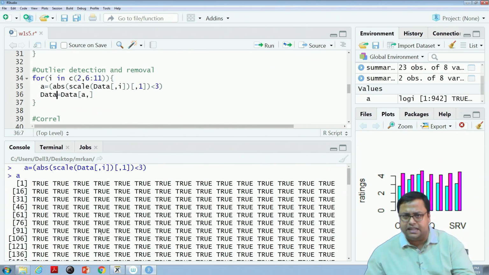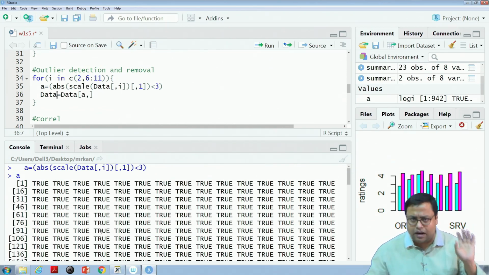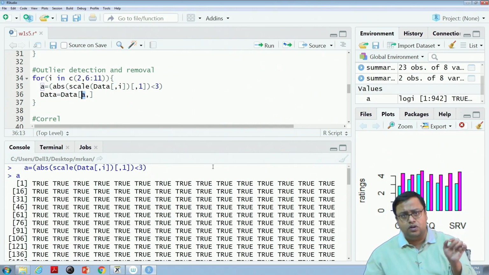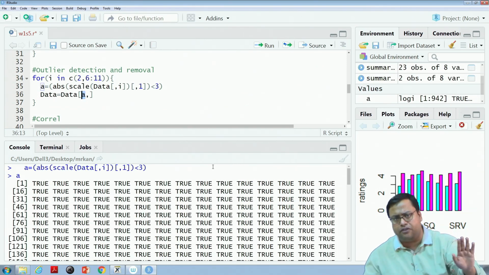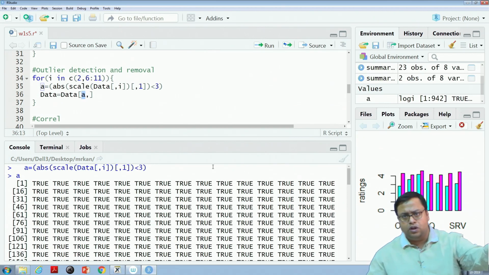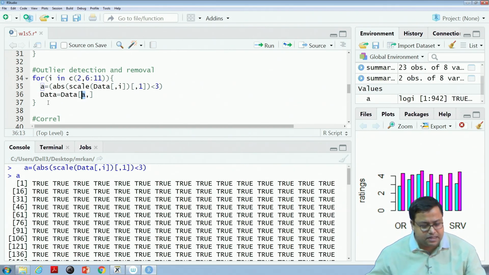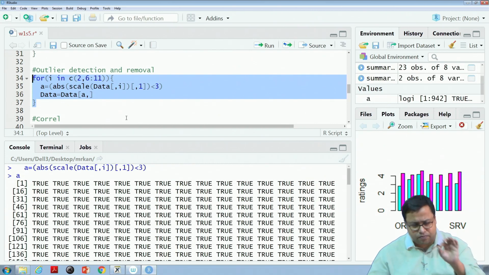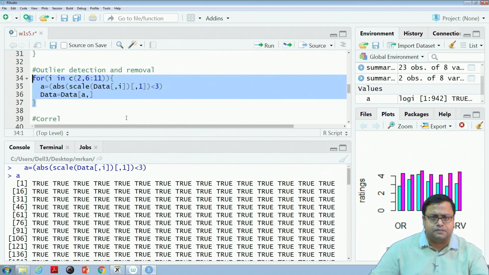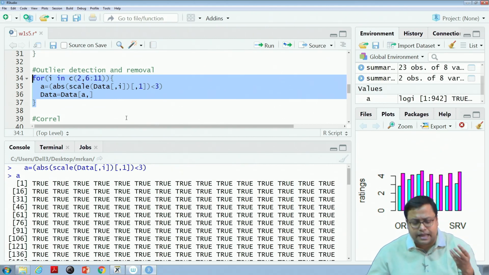If by chance there are some falses in between, then those will be outliers, and I take a subset of the data in such a way that I am taking only the trues and not the falses. So, I am taking only such rows where this particular column comes out true rather than false. If it comes out false, do not take the row; the whole row you just remove it. So, this is the thing that I am running. You can stop the video or go back a few steps and listen and understand what I have done.